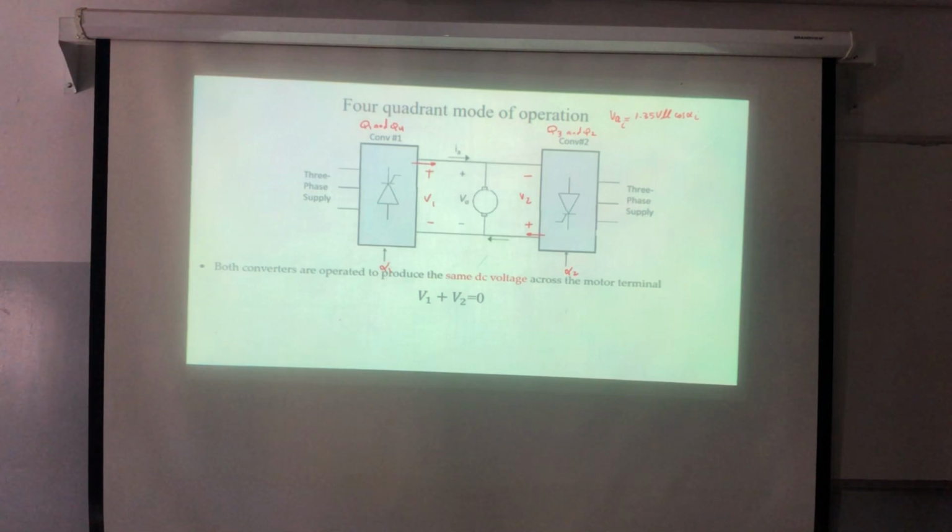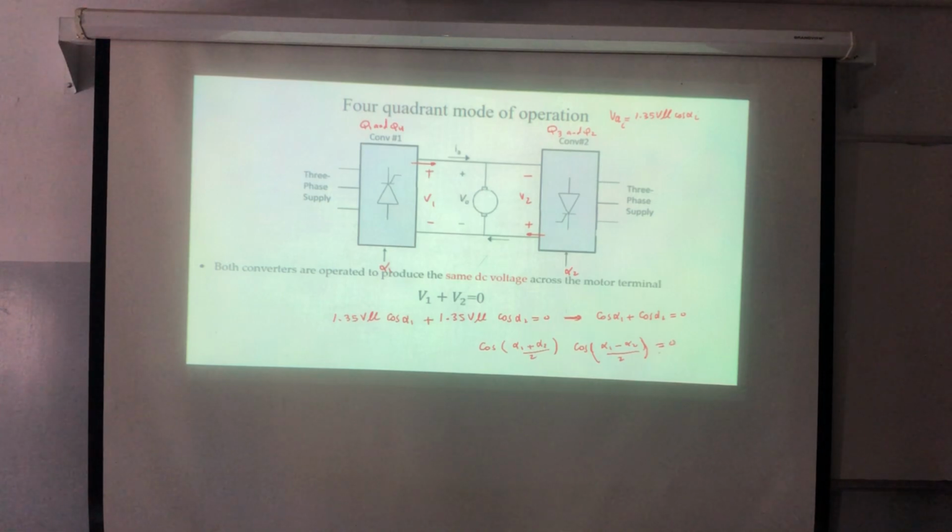V1 is equal to a certain constant, which is 1.35 V line to line cosine alpha 1, plus V2 equal to what? The same constant, 1.35 V line to line cosine alpha 2, must equal 0. And you know that this can be reduced to cosine alpha 1 plus cosine alpha 2 is equal to 0. Now this can be simplified using a trigonometric identity as cosine of (alpha 1 plus alpha 2) over 2 multiplied by cosine of (alpha 1 minus alpha 2) over 2